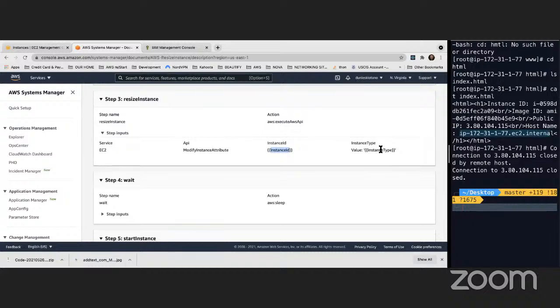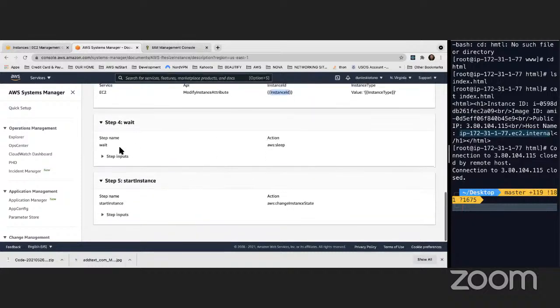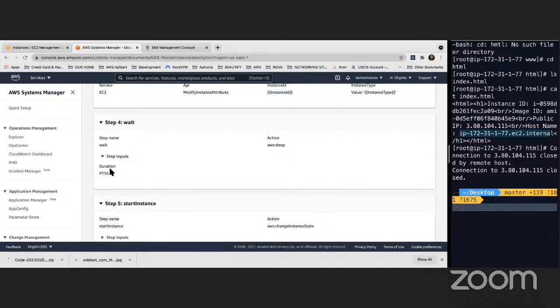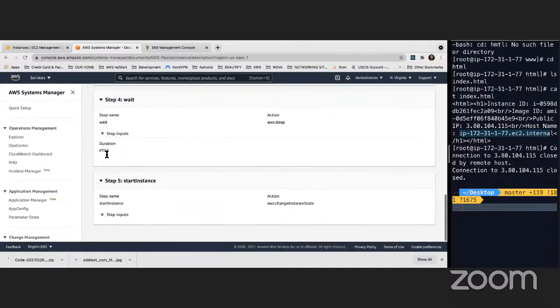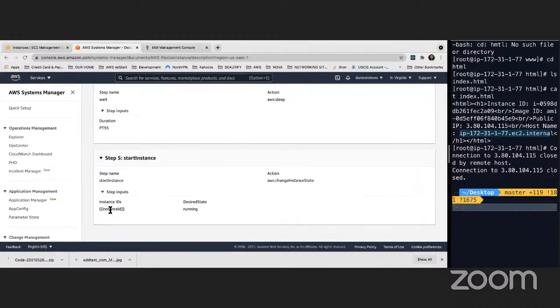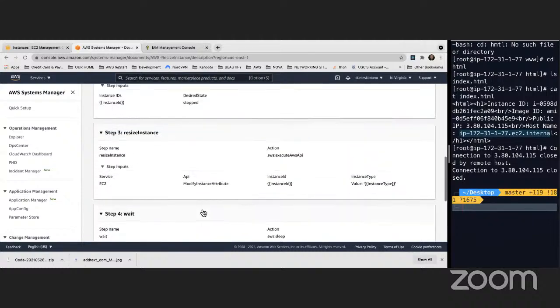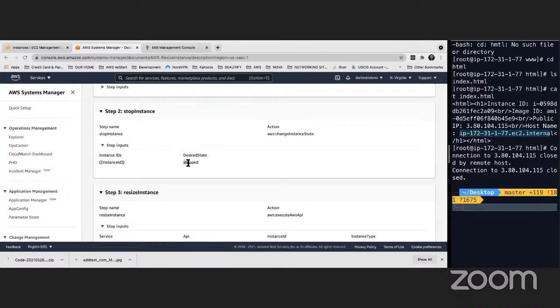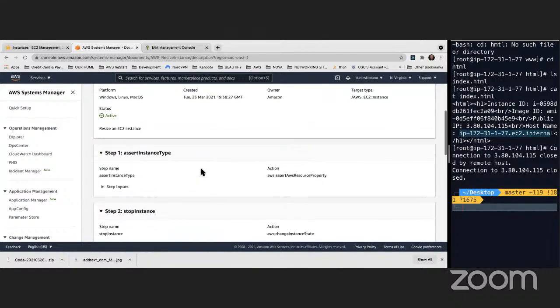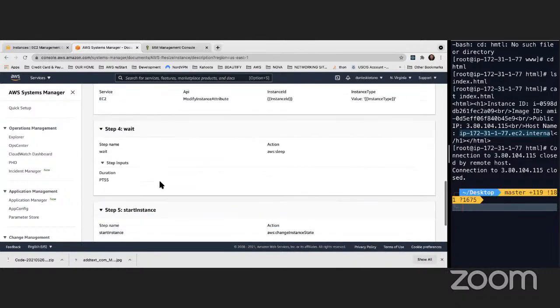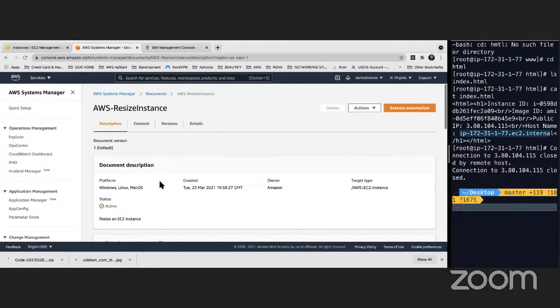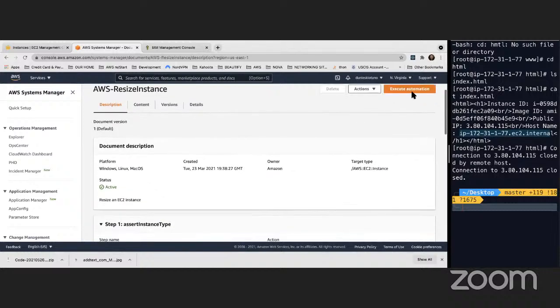I want to provide the desired one. It's going to wait about 5 seconds, and then it's going to start the instance again. The desired state is running, whereas the desired state before was stopped. So that's what's going to happen when this document is executed. So now I'm going